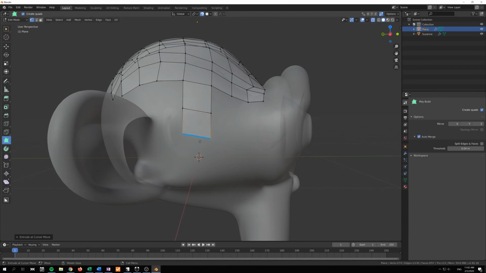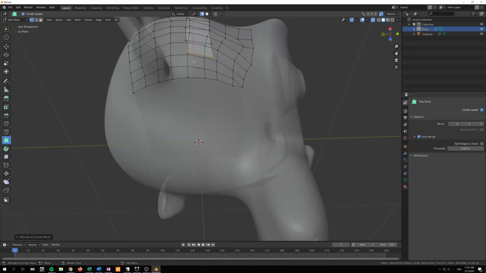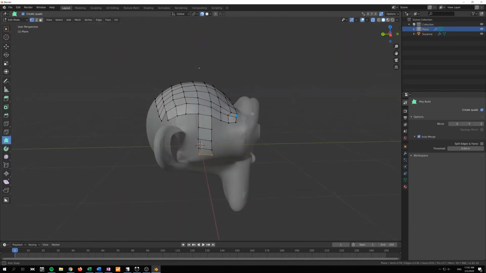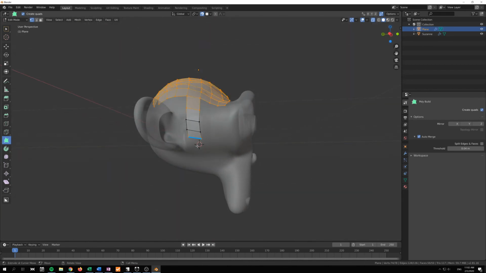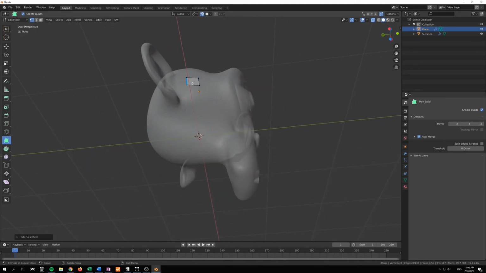Then at some point you will come across something like this, when all of a sudden, thanks to this X-ray, you start to select on the other side here. When that starts to happen, just press B and box and then H to hide that, and then you can continue to